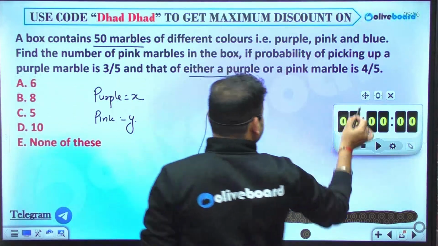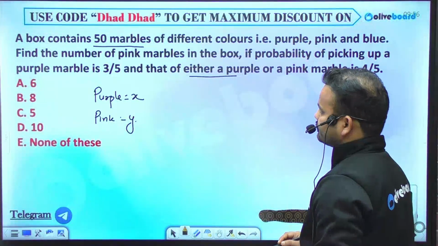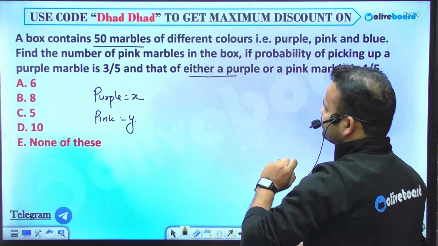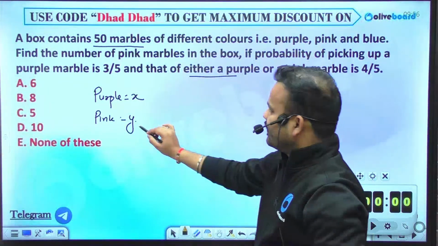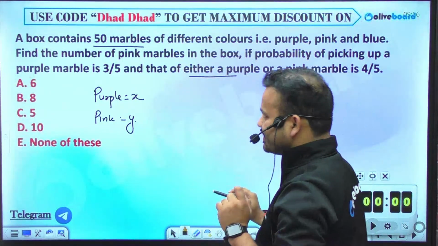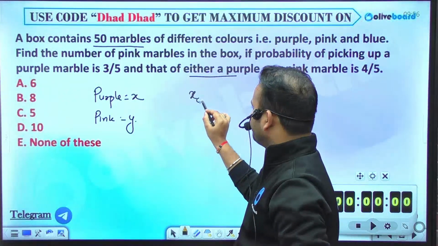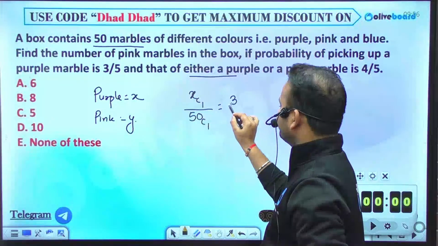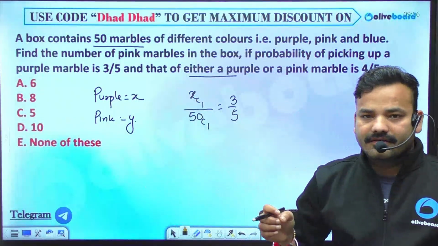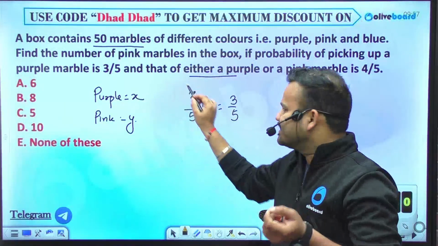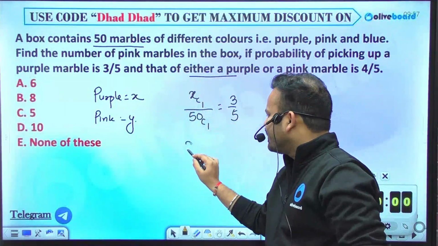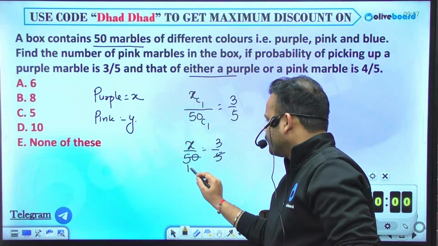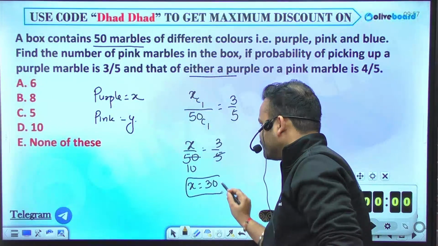Fine। So question says box has 50 marbles, purple, pink and blue, find the number of pink marbles, we have to calculate the value of y if probability of picking up a purple marble is 3/5, so purple marble will be a purple marble 50c1 and this particular value is given by 3/5, आपने सिर्फ एक पर्पल निकाला, so xc1/50c1, you have to write like this, अगर आपकी प्रैक्टिस अच्छी हो जाएगी तो आप ऐसे लिख सकते हो, 5 से काटा 10 बार में, so the value of x is equals 30, so मेरे पास जो पर्पल मार्बल आ गए वो 30 आ गए,